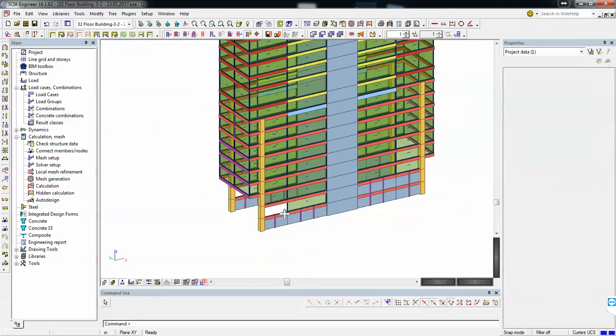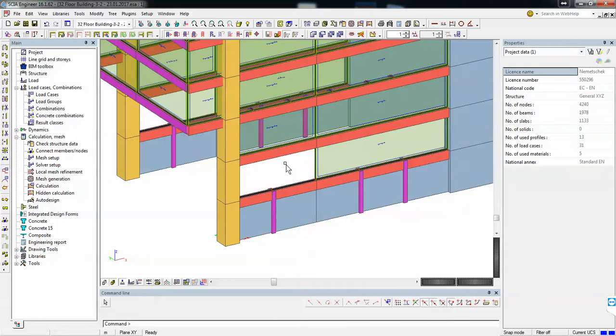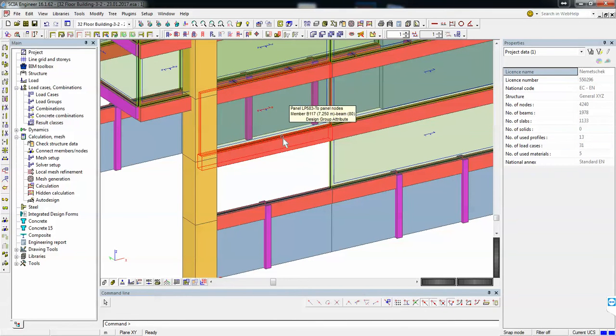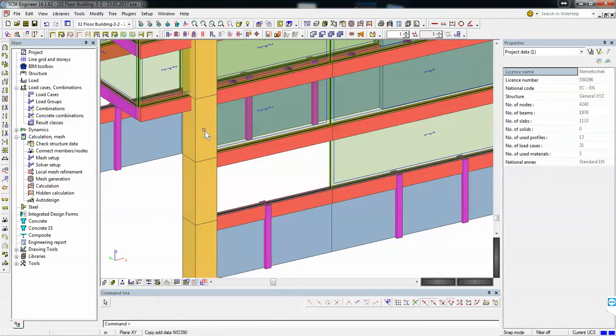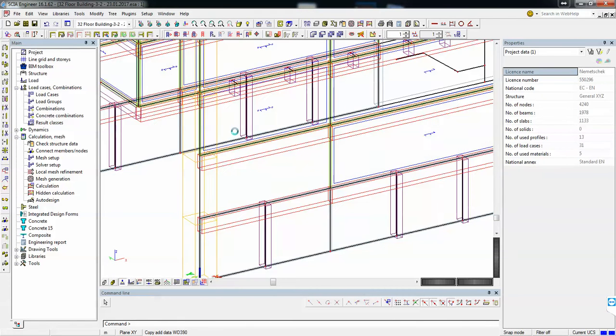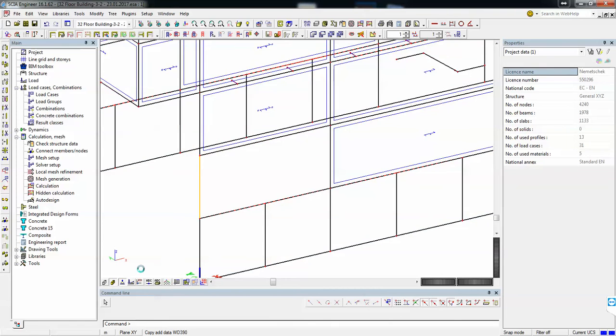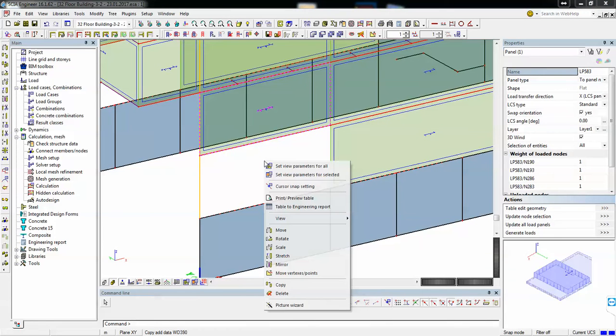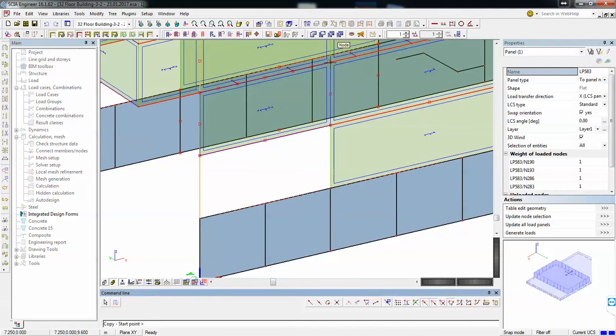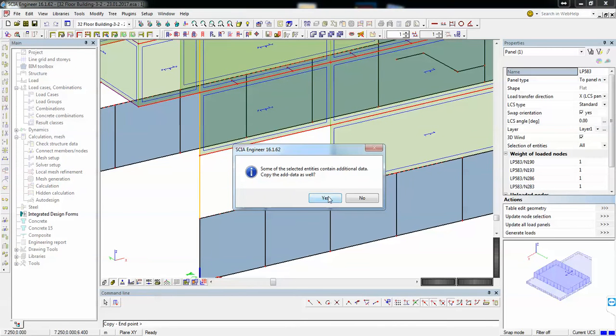So now that I isolated this part, I will need to add some other panels so I get an enclosed box. For this I will deactivate this one, and I will copy the elements.